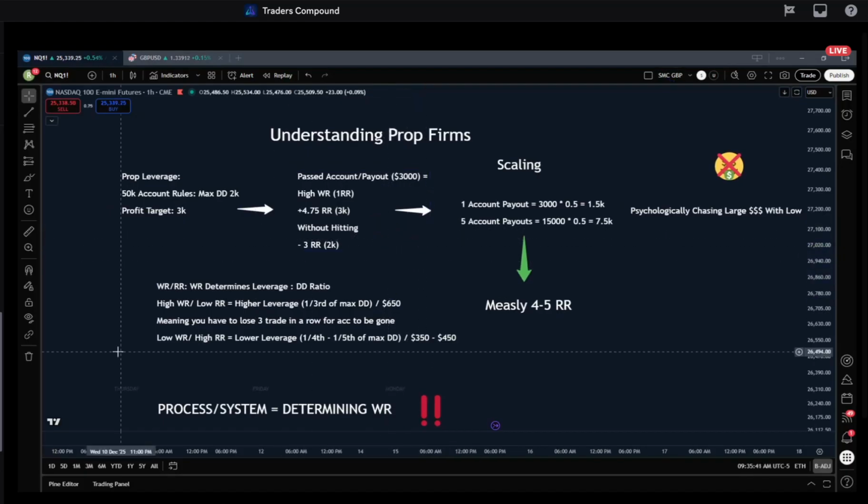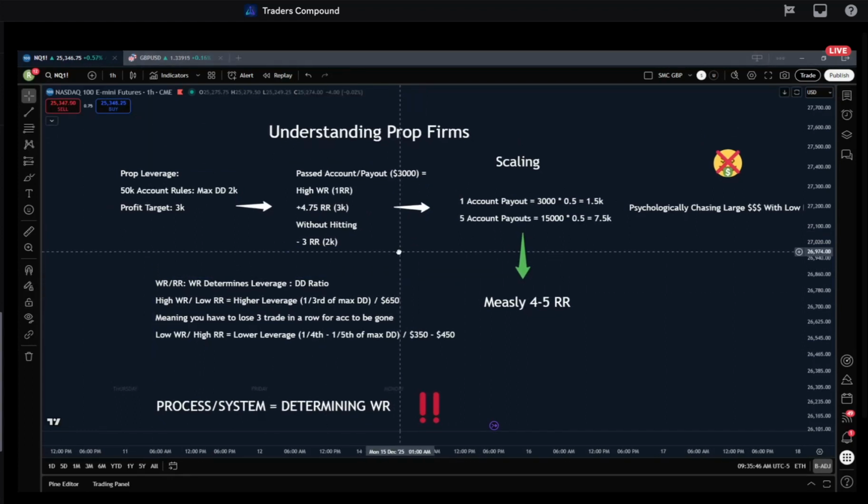Well, trading at about a 1-to-1 risk to reward, you need about 4.75 RR without losing 3 risk to reward. Okay, so that translates to 1 RR being $650, right? And you can't lose 3 of those trades in a row. So even just looking at that from a standpoint and putting that into perspective of the frequency of trades and saying maybe, looking at this like, well, that's not a lot of risk to reward per month. We're not necessarily generating a lot of risk to reward.